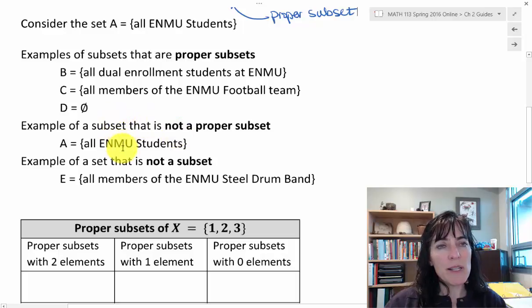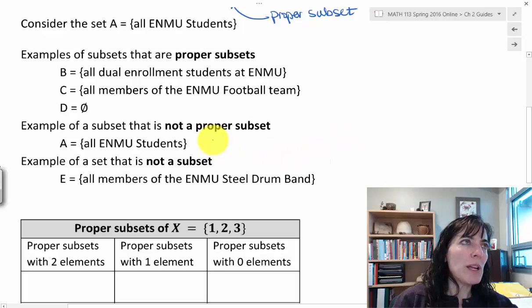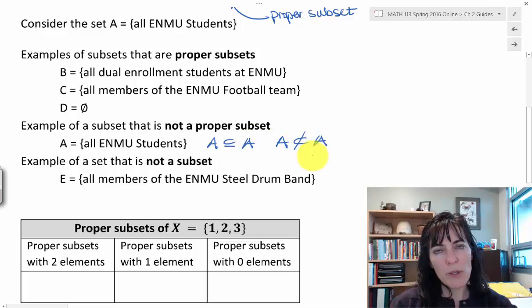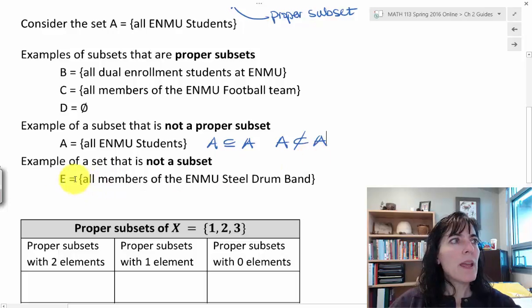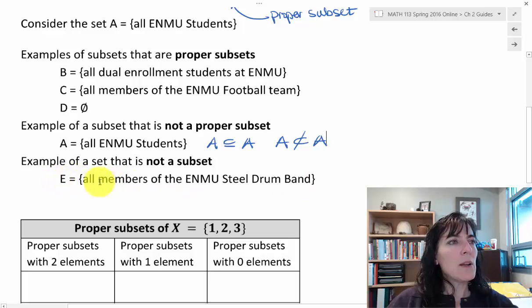It is definitely a subset, but it is not a proper subset, and that would be the set A of all E&MU students. And so we would have to write A is a subset of A, but A cannot be shown as a proper subset of A. And then here's another example that is not a subset, and for a different reason, and it's not a subset